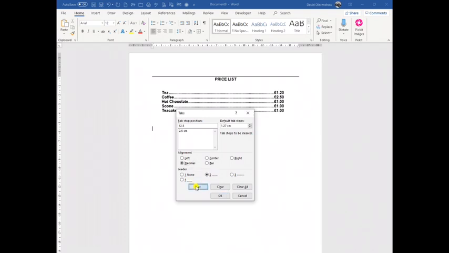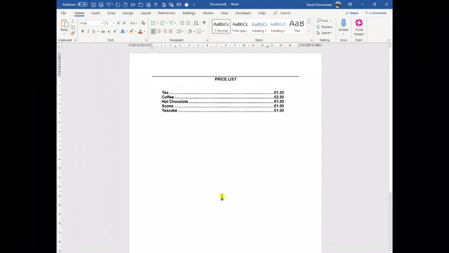I'm going to say set. I don't actually have to do that. OK would set it anyway. So I'm going to click OK, and I'm going to recreate that list. If I press my tab key, I'm at the starting point. So the first thing is T. If I press tab, I've gone across the page with the dots leading my eye to where I need to be typing. So